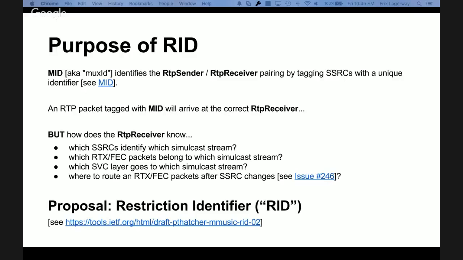Or would they have the same RID because they're all part of, say, simulcast stream 0? If you're splitting your temporal streams into different SSRCs, would they have the same RID or not? They're all part of the same simulcast stream, even though they're different SSRCs.